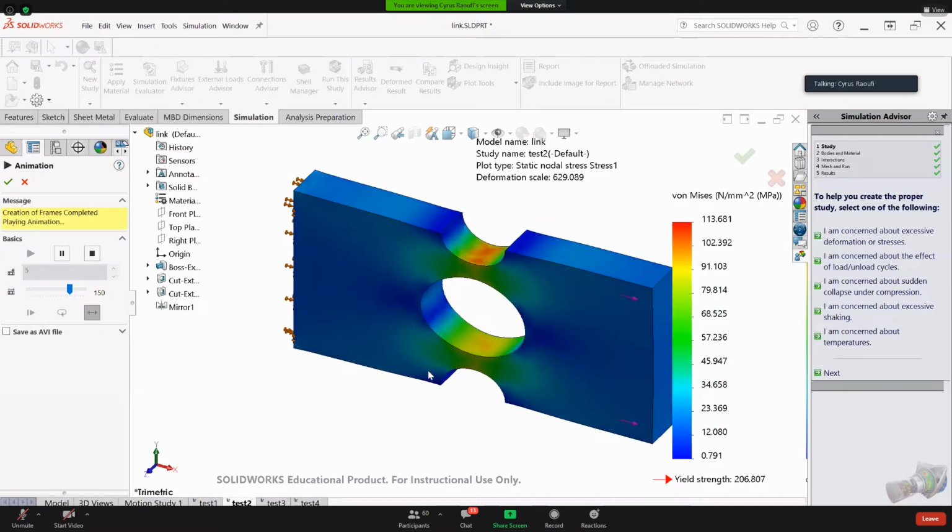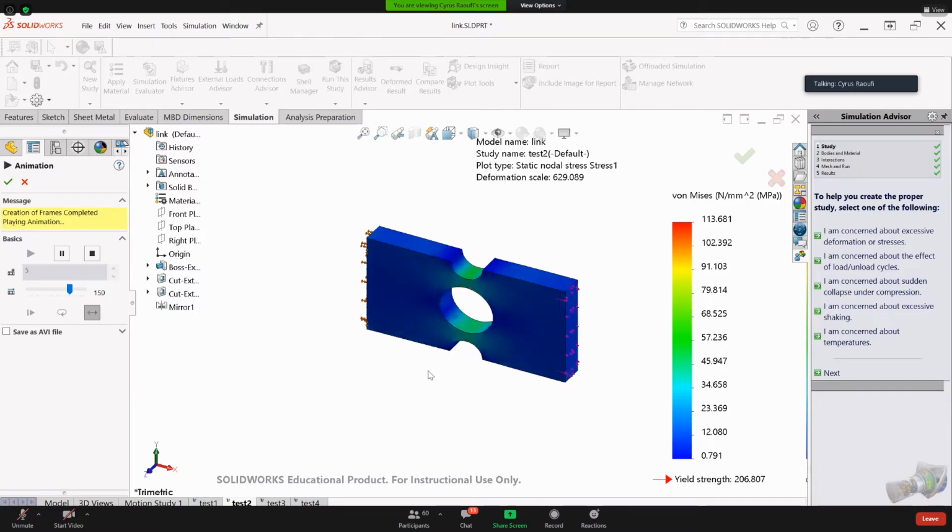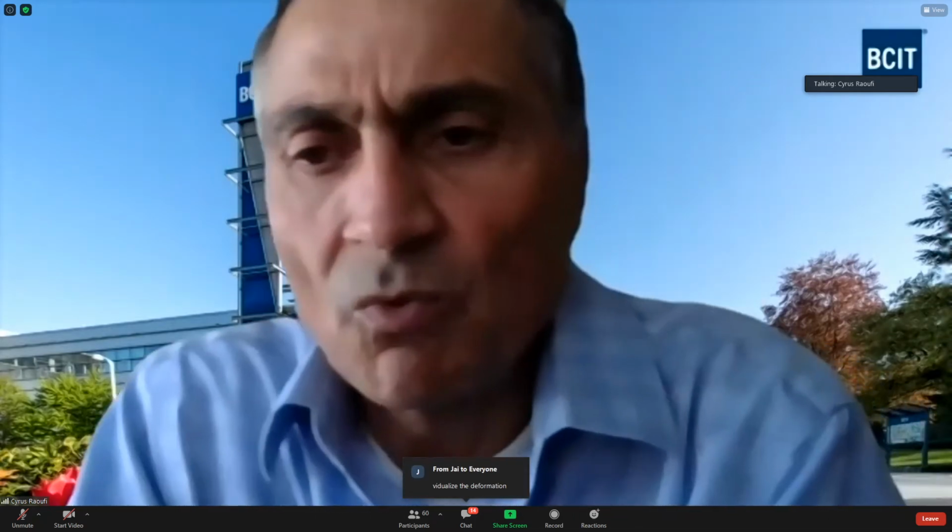Okay, we have animation here, and you may say, okay, it's beautiful, it's good, it's cool, but what is the application? Do you think SolidWorks is going to spend lots of money to create this tool to make something fancy over there? Does anybody know what would be the application of animation? As you see, there is no number here, it's just animation. Does anybody have any idea what would be